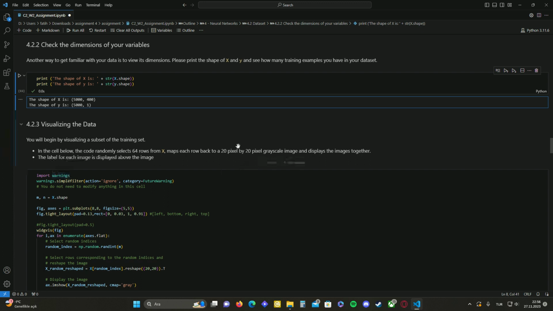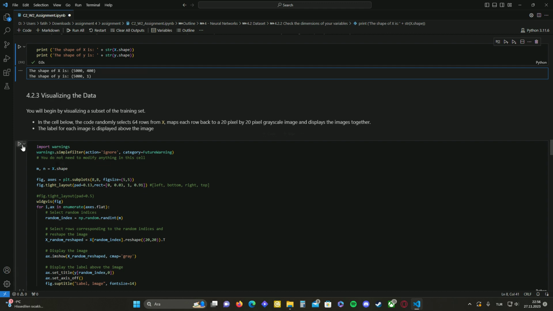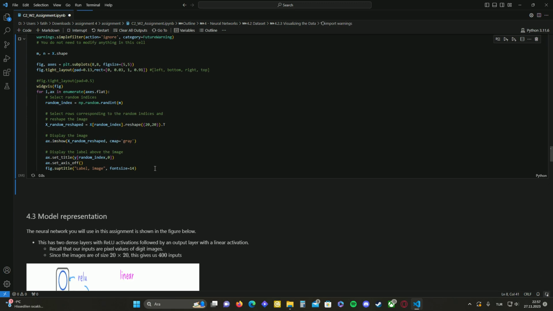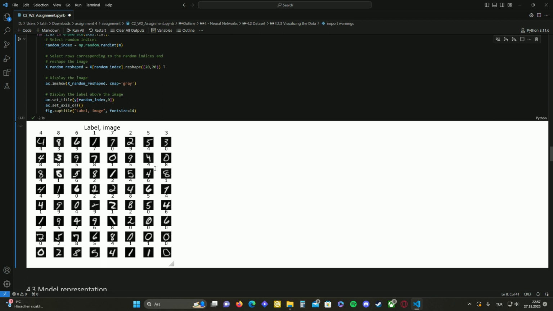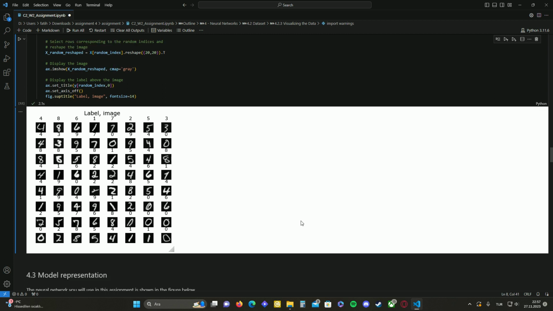Visualizing the data. We will begin by visualizing a subset of the training set. In the cell below, the code randomly selects 64 rows from X, maps each row back to a 20 pixel by 20 pixel grayscale image and displays the images together. Let's run this. As we can see,